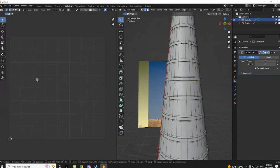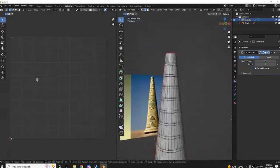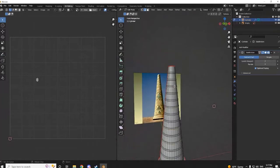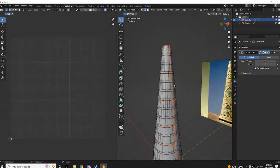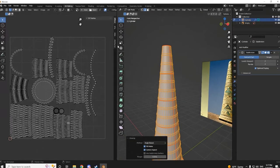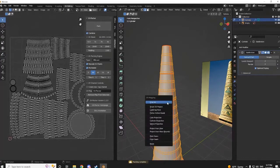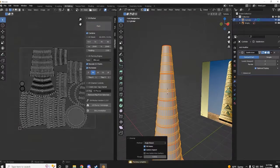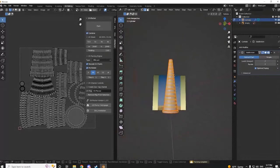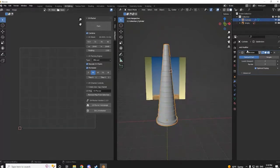So also with this workflow, you can save texture space, because Substance Painter is gonna help you put any texture on it. It doesn't have to be perfectly seamless. So basically I can split it like this, do the unwrap, get this, the UV packer, because I don't care if it's very readable or not, it doesn't change a lot for me. Okay, so when I pack it like this, I'm getting more UV space. I can even save more, but I don't want to waste much time on this. So now, when I export it,